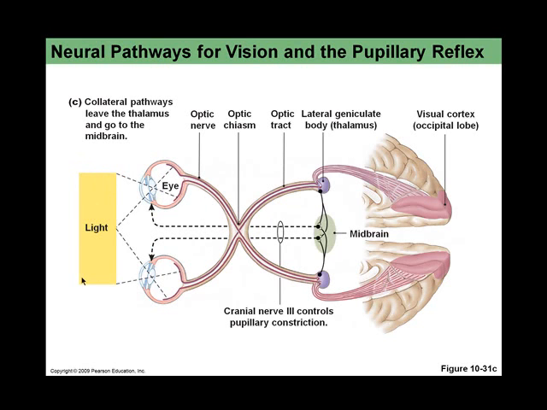So you've got to say those a few times and illustrate it or write it down to have it stick. So the right visual field impacts the left retina in each orbit,